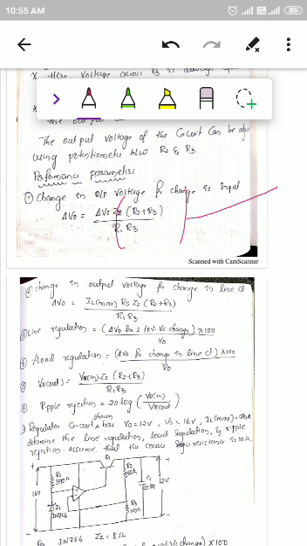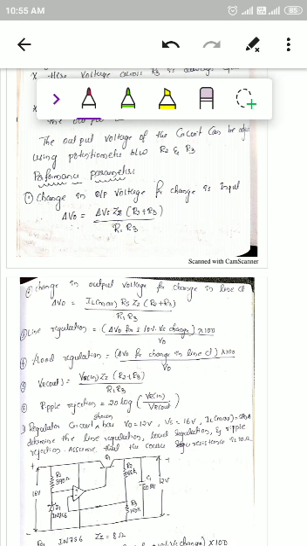Once again, the change in the output voltage for a change in the line current: delta V naught is equal to IL max into Rs into ZZ divided by R1 in the previous voltage follower circuit. The extra here is R2 plus R3 divided by R3. You just compare these performance equations with the previous voltage follower equations, and you will understand.